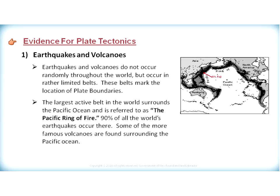When we look at the evidence for plate tectonics, the first piece of evidence we'll look at is the location of earthquakes and volcanoes. Earthquakes and volcanoes do not occur randomly throughout the world, but occur in rather limited belts. These belts mark the location of plate boundaries. The largest active belt in the world surrounds the Pacific Ocean and is referred to as the Pacific Ring of